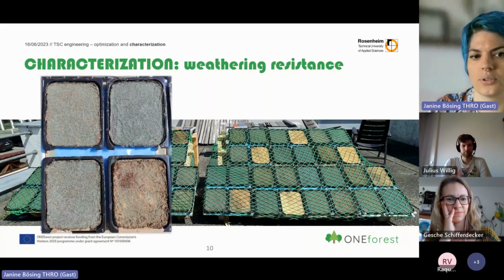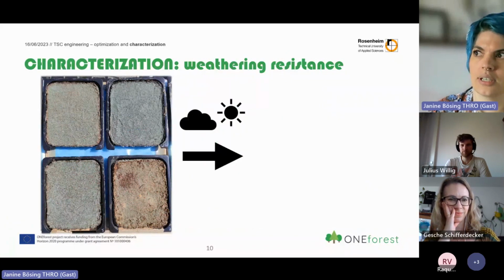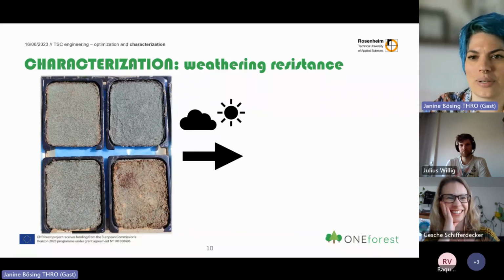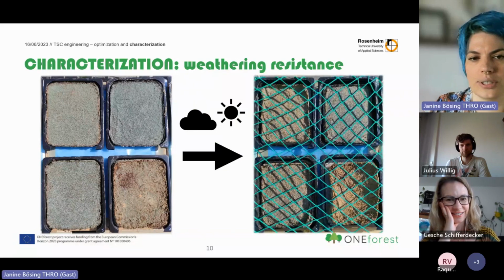They are all 4 different compositions. And here you can see them on the day they were being installed. And then after the first 2 weeks of the experiment, here in Rosenheim, it was quite dry. We didn't really have rain in that time. And it was quite warm. For Germany, it was between 20 and 25 degrees during the day and around 10 degrees during the night. And in that time, after those first 2 weeks, you can see that many of those topsoil covers